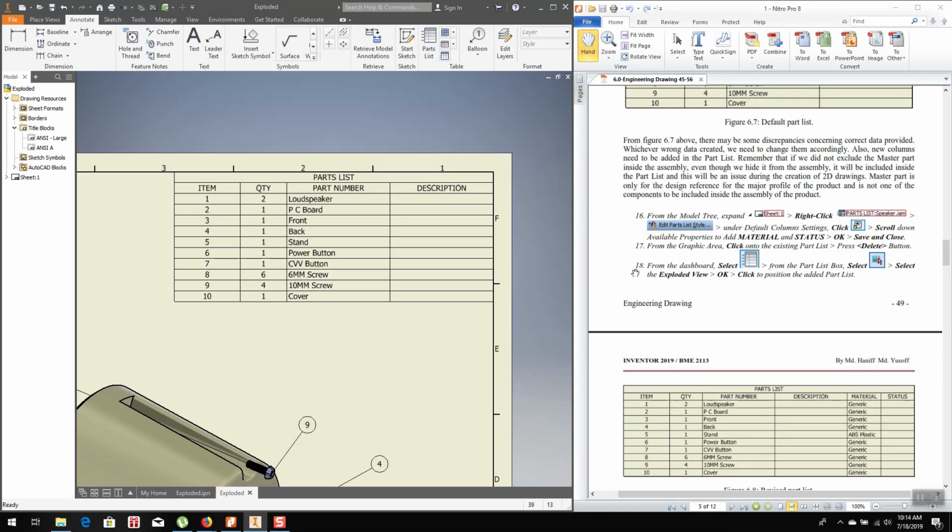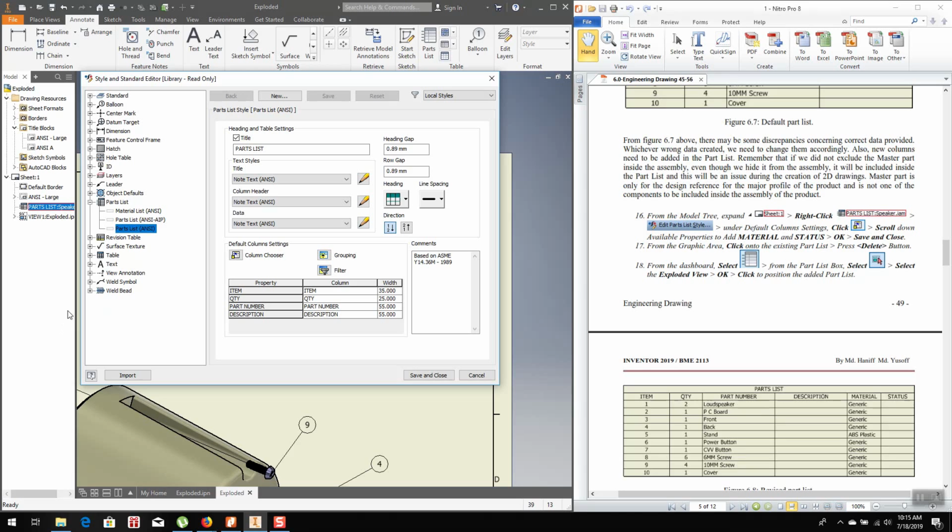Alright, so we proceed with item number 16. From the model tree, expand sheet 1. This is sheet 1. Expand it, click expand. And right click on part list speaker assembly. Part list speaker assembly, which is this one. Right click and click on edit part list style. Right? So under default column setting,